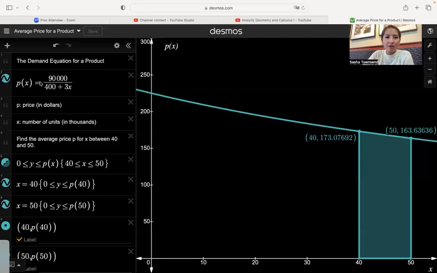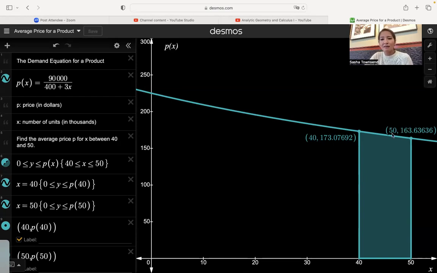So this is our price or our demand equation. That's giving us the price at the various numbers of units available. X is the number of units in thousands, and P is the price in dollars. So I believe it's a number of units available. So when our number of units available is actually 40,000, the price in dollars of this product is $173.08. And then when there are 50,000 units available, the price goes down. And so the price is